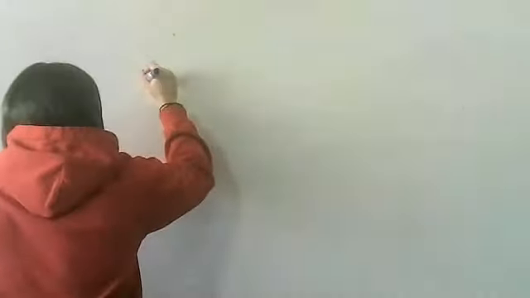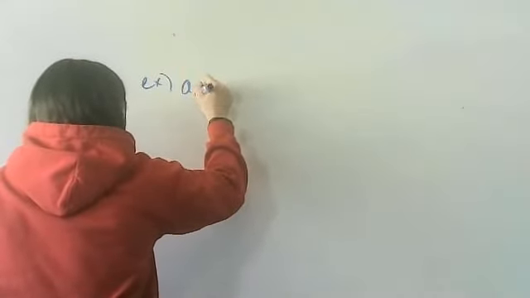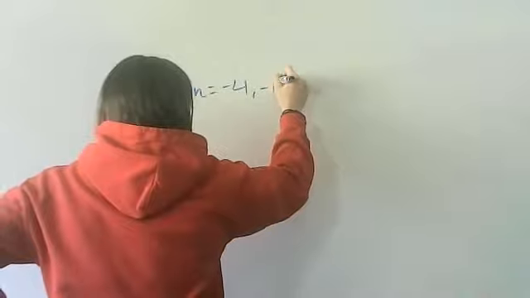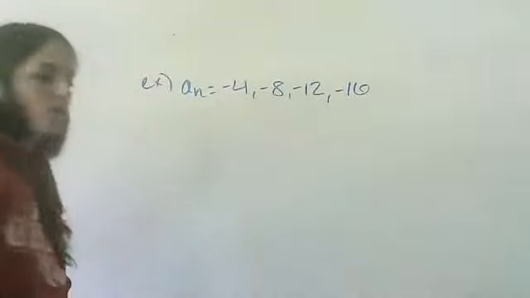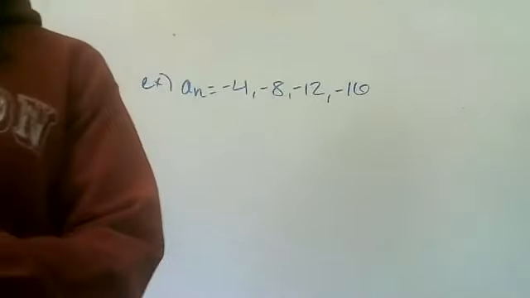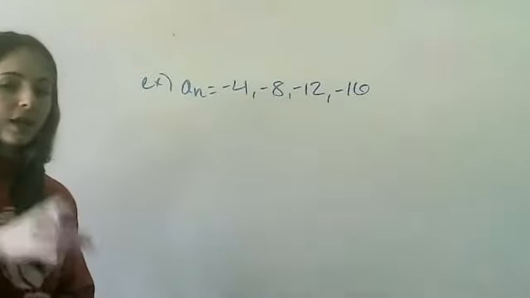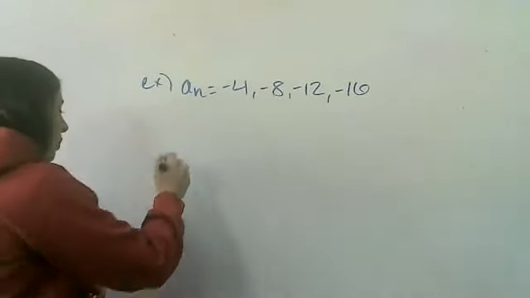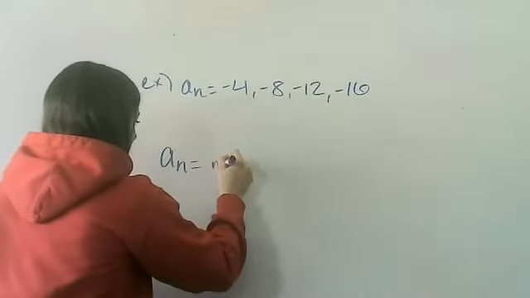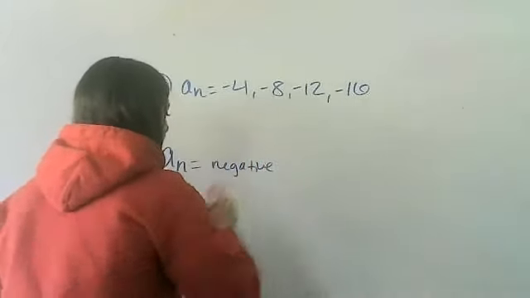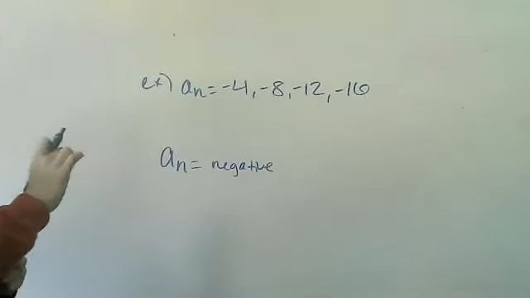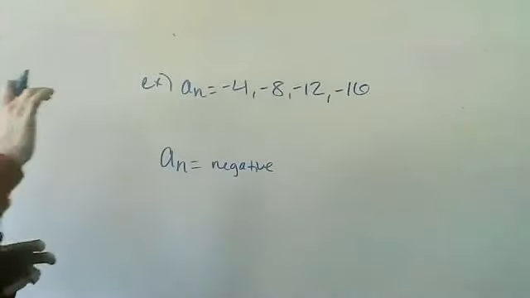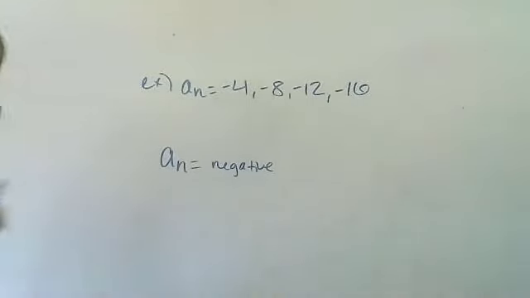Let's do -4, -8, -12, -16. So a super obvious thing that's happening here is there has to be some sort of negative. So when I'm writing my a sub n, one thing I need is a negative. I'm going down by 4 every time, so the number 4 probably means something here. Again, it has to be associated to my n value, so I'm likely not just taking n and subtracting 4